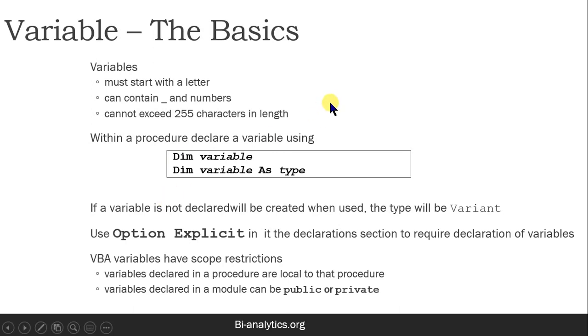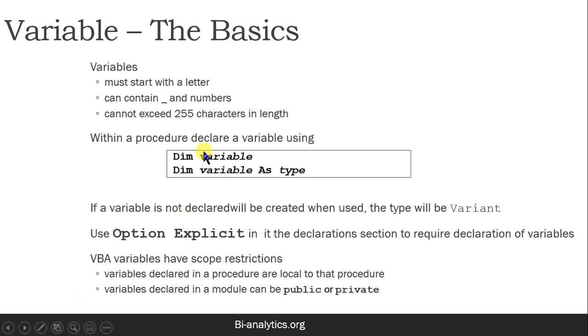Now, it is not mandatory to define a variable, but it is a good practice, and we'll talk about that later on. But first of all, how to declare a variable. We use Dim, D-I-M. Dim means dimension. Dim variable As type. There are two ways. If we write Dim TaxRate, we are telling the computer that TaxRate is a variable, but what type, we don't know.